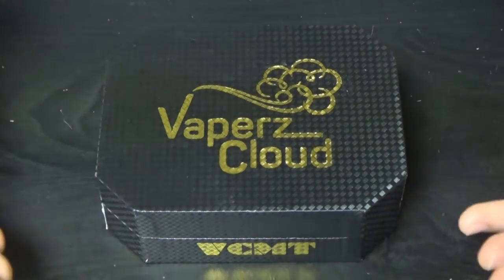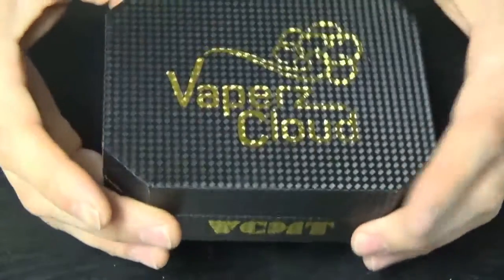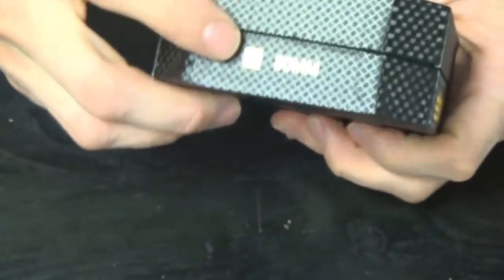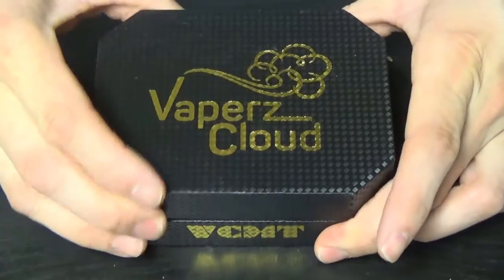Alright, so this is the package it comes in. It says Vaperz Cloud. Nothing too special. Nice package though. It says it's a 25mm version right here, and also it would be checked if you got the 30mm version. Alright, so if you open her up,